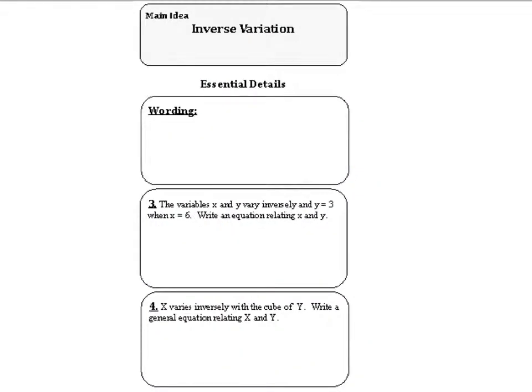Let's look at inverse variation. Inverse variation looks like this. Y equals a constant divided by X. So for direct variation, we had X times a constant. For inverse variation, you have a constant divided by X. So the wording that you might see here,